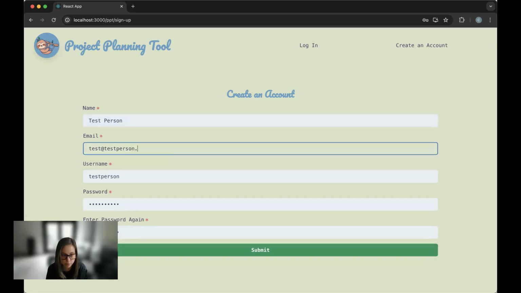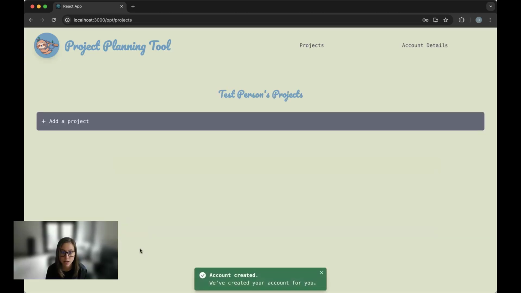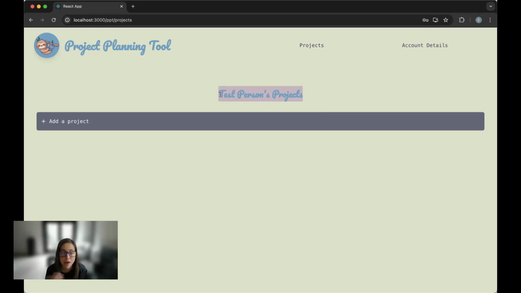So now let's finish this so an email actually exists. And now these passwords have to match, okay? So I go ahead and click submit. And you should see this little nice toast at the bottom or top, wherever you want it, but you should have a toast that says, welcome to the person, okay? And then it should redirect them to the projects page, okay? At this point, for this feature, that's all we're gonna do on the projects page is just redirect to it,